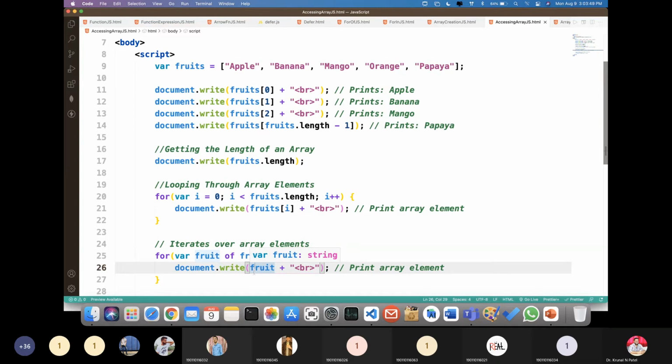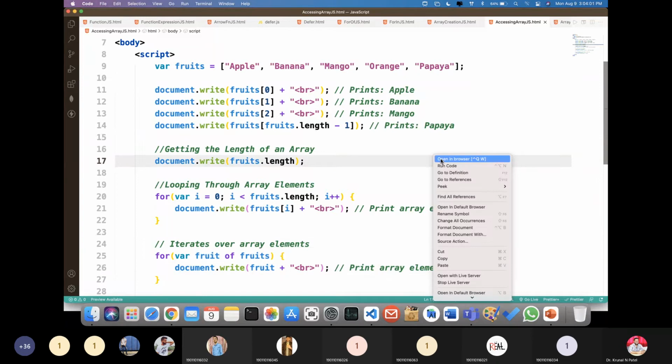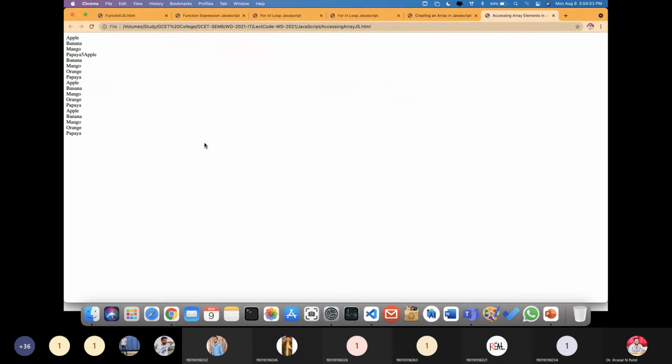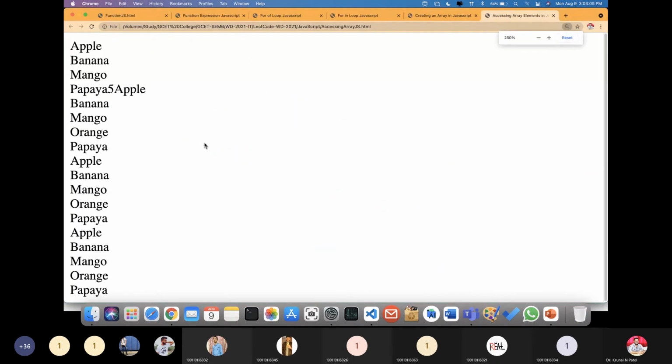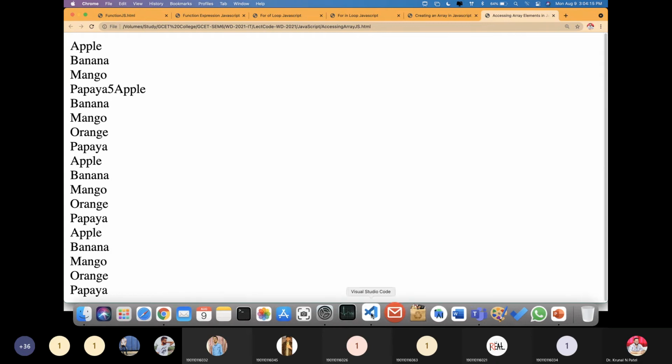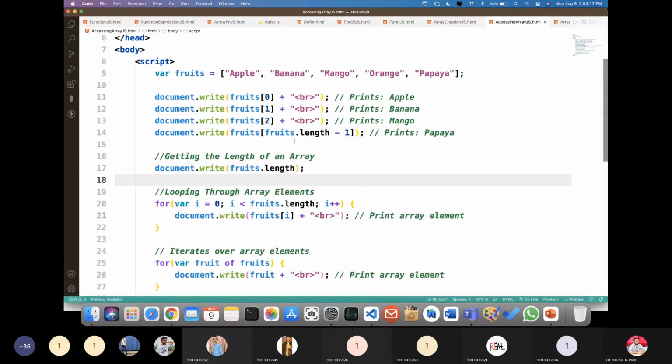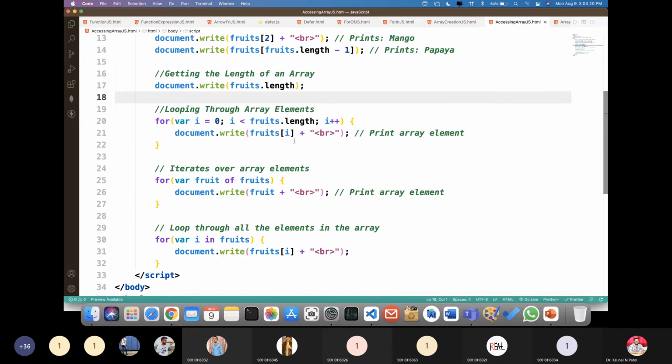Okay, it is not necessary that whatever I am using here, you just use it. Whatever is comfortable according to the situation, that you have to use in your coding, right? So suppose I execute this code, all the things will be displayed over here, you can see one by one, right? Here you can differentiate by putting an HR, I have not put it. So this way you can simply access the elements in different ways, right?